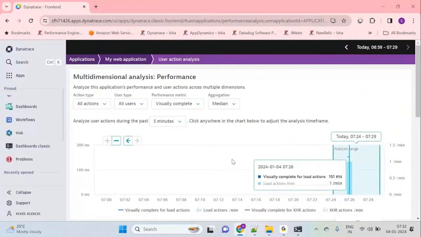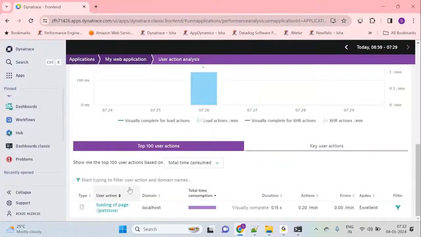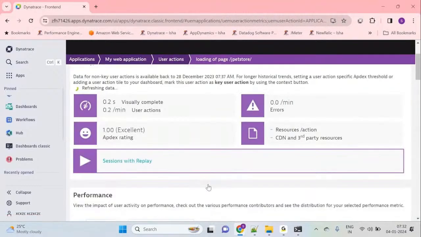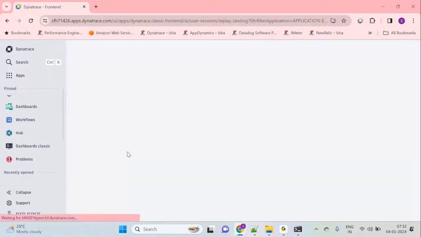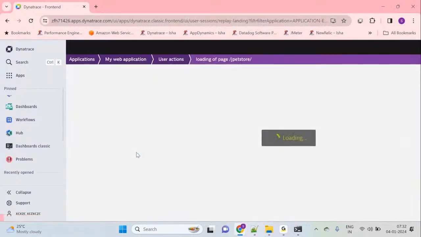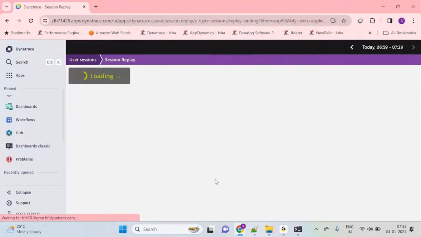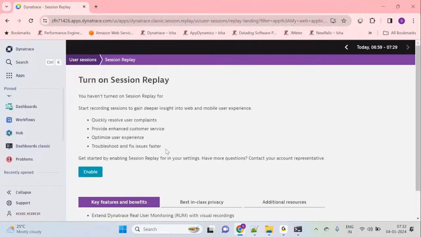And I wanted to see the URL that is actually loaded at that point of time. So you will be finding session with replay. Okay, so what does that mean? Any activity that you are trying to see in Dynatrace, you capture the data, but you wanted to see what happened during the time period. Look at here, you need to turn on this